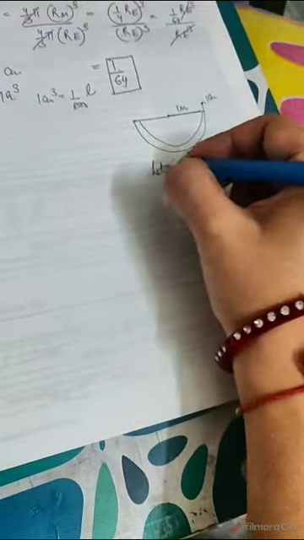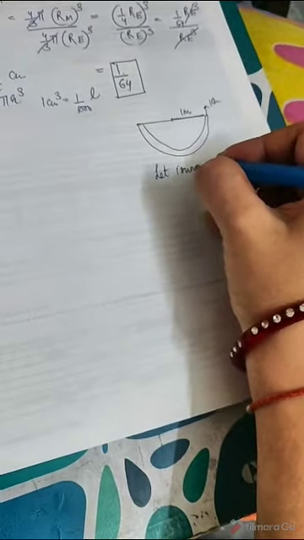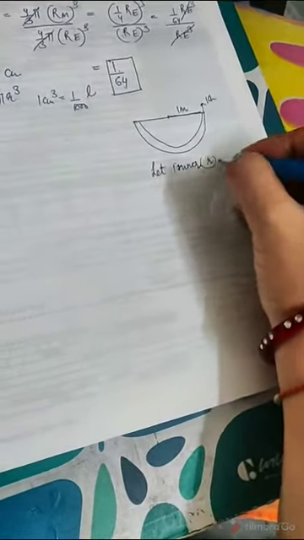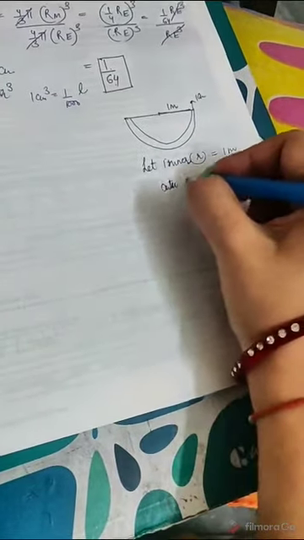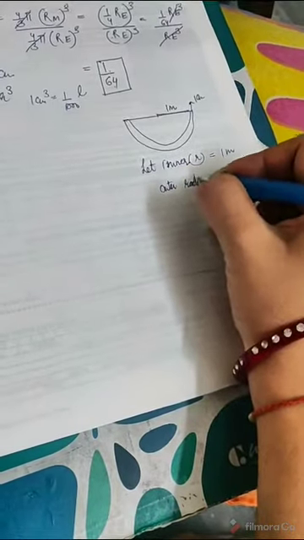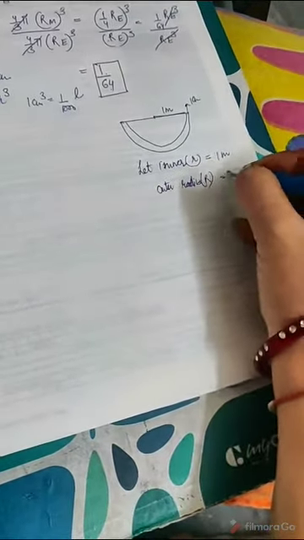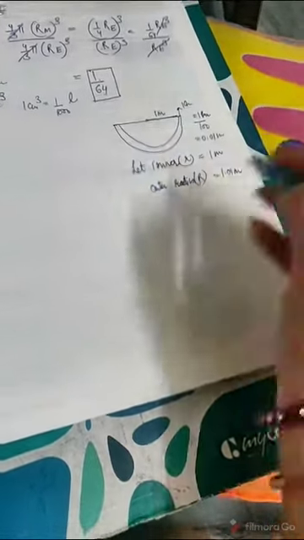Let inner radius, that is small r, be equal to your 1 meter and your outer radius we will denote by capital R, यानी कि 1.01 meter. 1 centimeter is equal to 1/100 meter, यानी कि 0.01 meter. तो it will be your 1.01. ठीक है? तो the question is you have to calculate the volume of the iron.